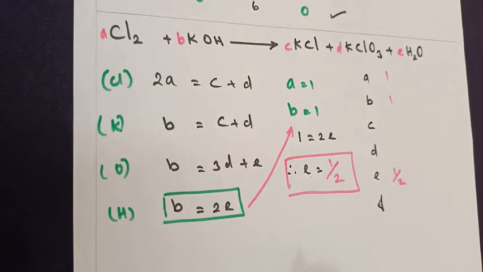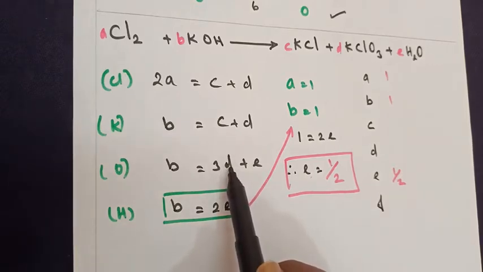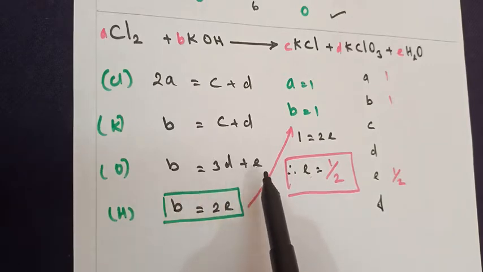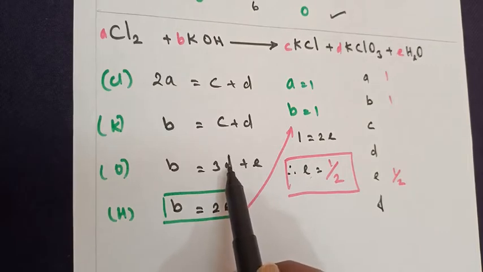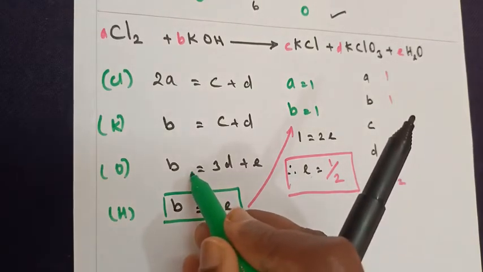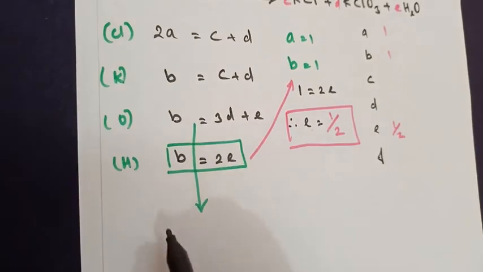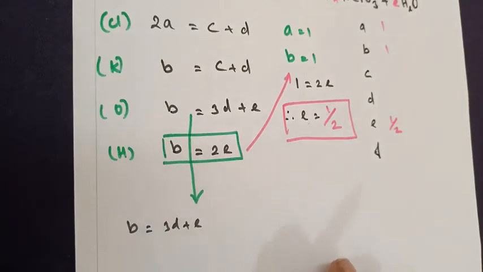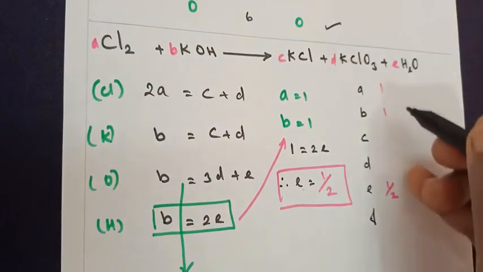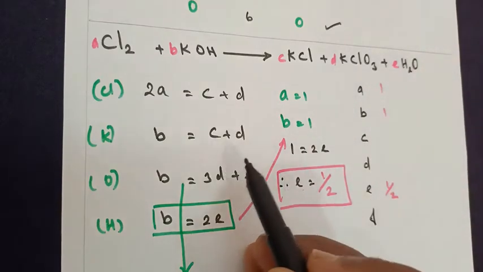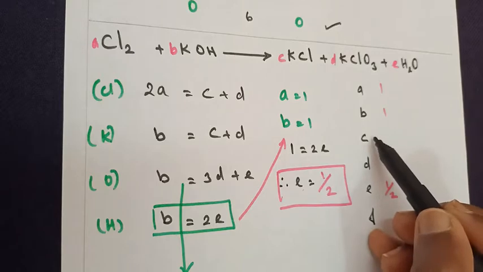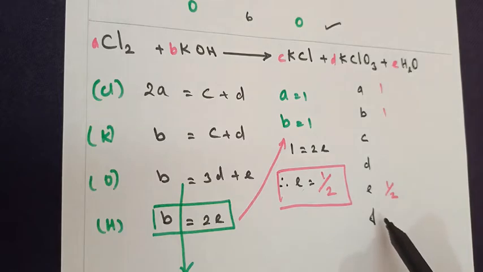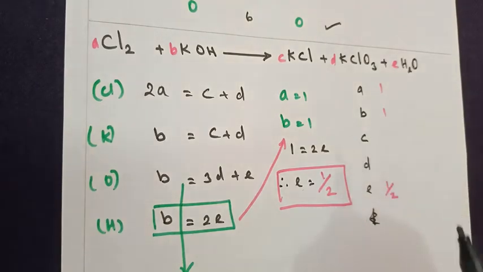Now what else can we do? We know the value of B and E, you know it here. Substituting in this equation we can calculate the D value. So I am considering this equation, B is equal to, I am rewriting, 3D plus E. Students, please pay attention. We have got the three values. Making use of these three, you need to know how many more variable values we have to calculate. You have to calculate C, you have to calculate D. These two variables we have to calculate.